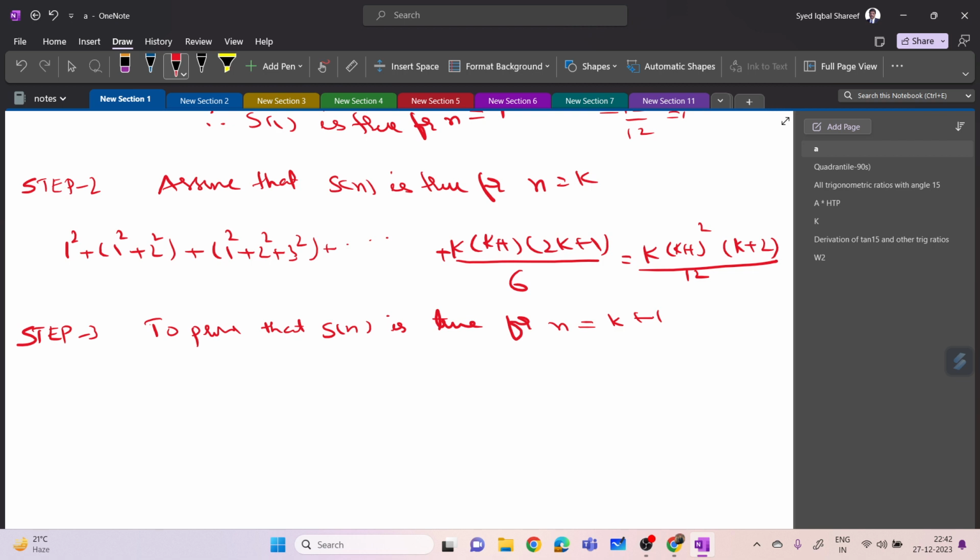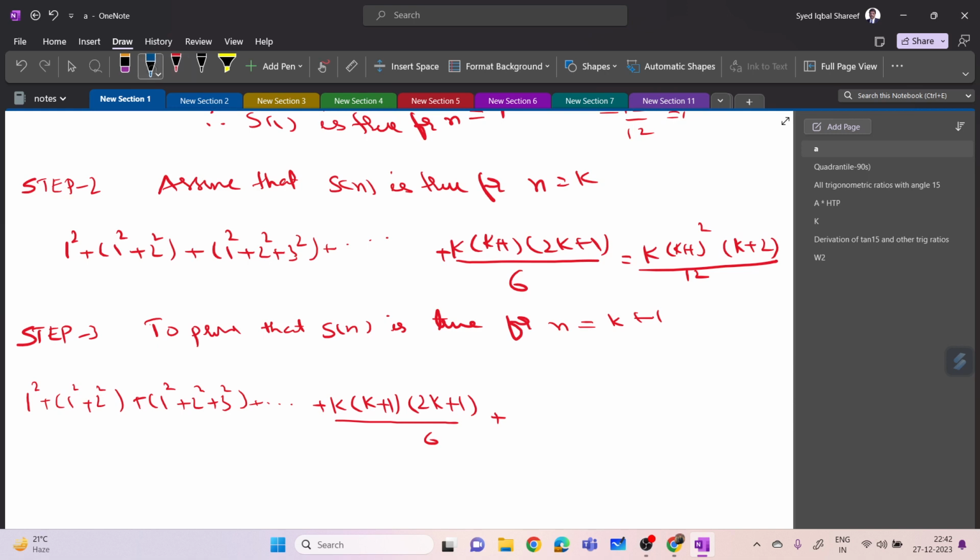So let me write it down. 1 square plus 2 square plus 3 square, and so on, into k plus 1, 2k plus 1 by 6